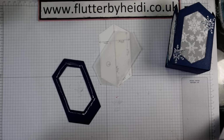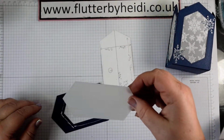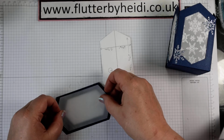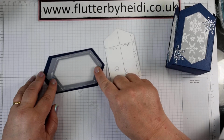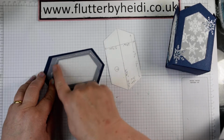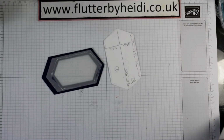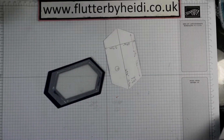So by embossing it together, you're going to help create a pretty effect, because you're going to get the embossing on the outer layer as well as the vellum, but also it's going to help force this to stick down. So take your die cut vellum piece and just position that at the top end like so, and I'm using some wet glue because it's visible from the inside, but not for what we want. Then pop it into your embossing folder,